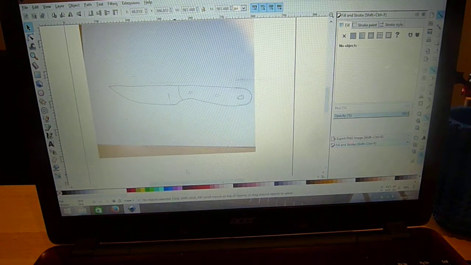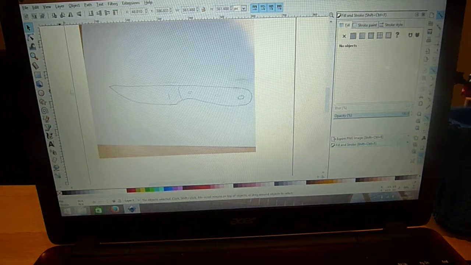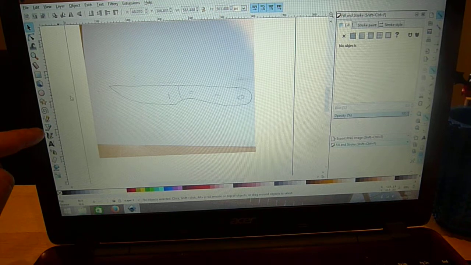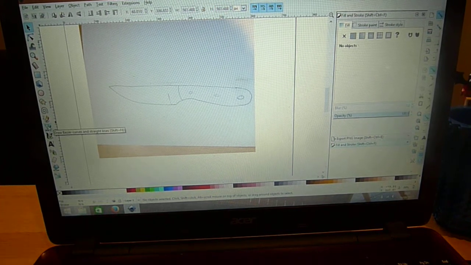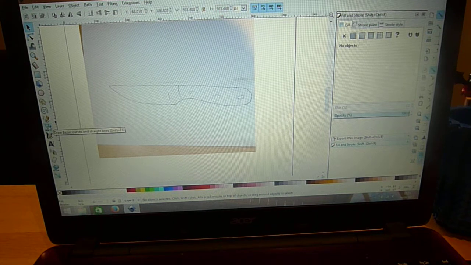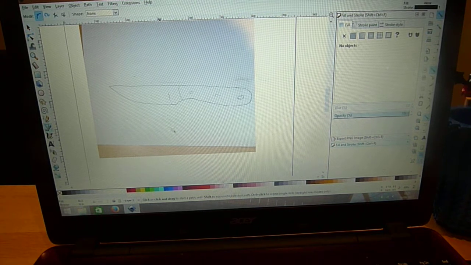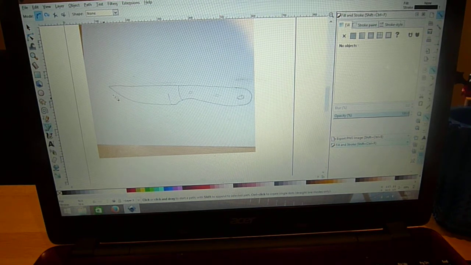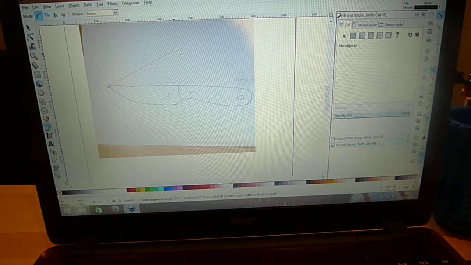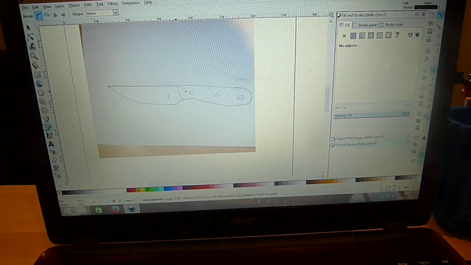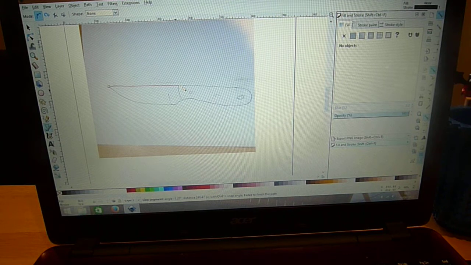So now we're ready. So you want this one down here, which is called Draw Bezier Curves and Straight Lines. So click on it and it's selected, and at each point of the knife where you're going to change direction, just click once. So you can see I've clicked at the tip and it's pulling this line off. I'll just start the handle here,